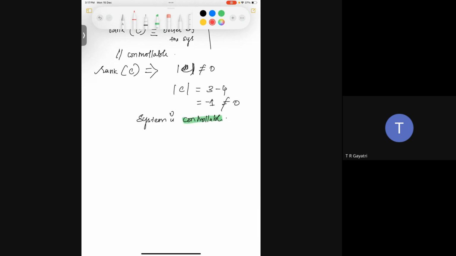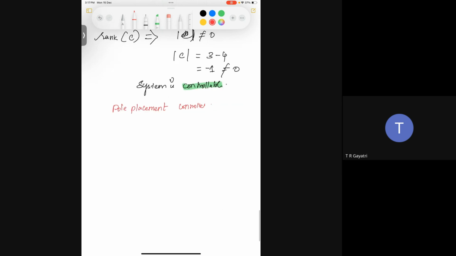Now we are free to design a controller. That is going to be your next question. You are asked to find a controller for the system. The controller we are going to design is the pole placement controller, where we will change the gain of my system according to the location of poles I want in my closed loop system. So pole placement controller is the next question. How they have designed this question is, if the system is controllable,